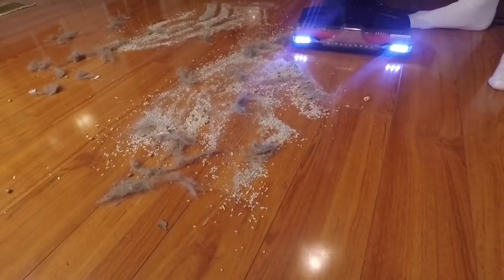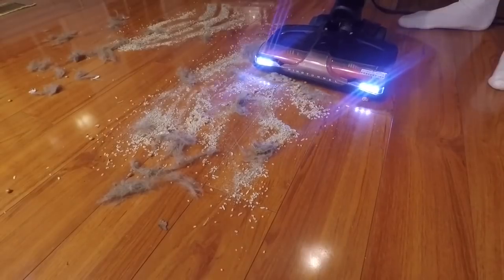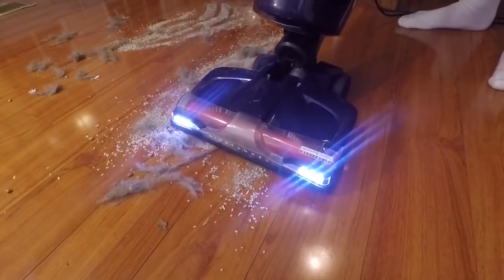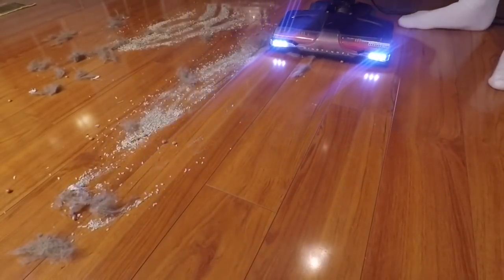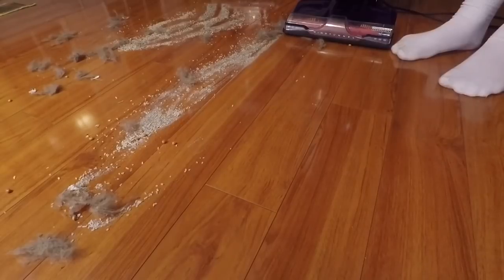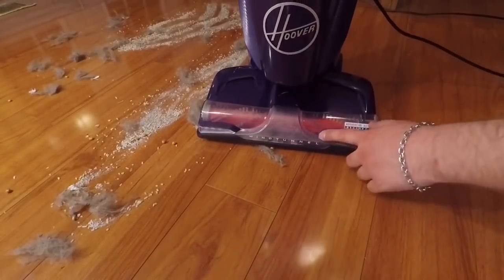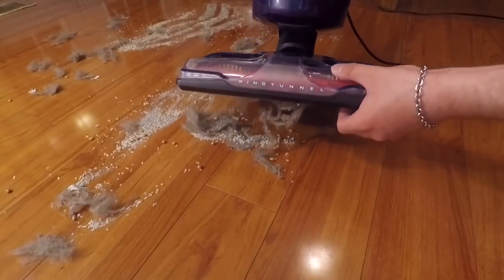You can see the Hoover is starting to blow dirt around. I don't like that. Alright, so what I can see here is the Hoover is getting a lot of the dirt stuck in the wind tunnel suction channel. So when I tilt it back like this,